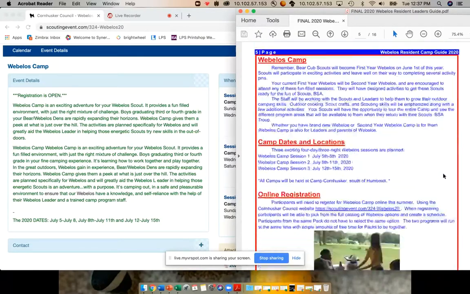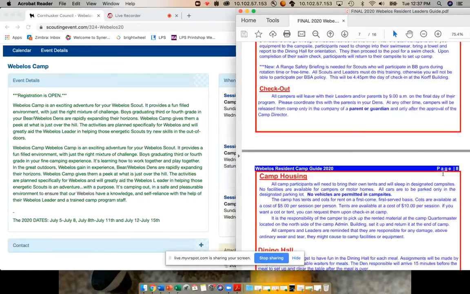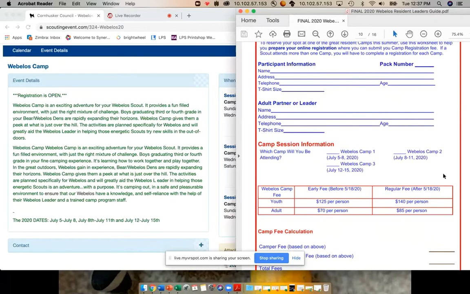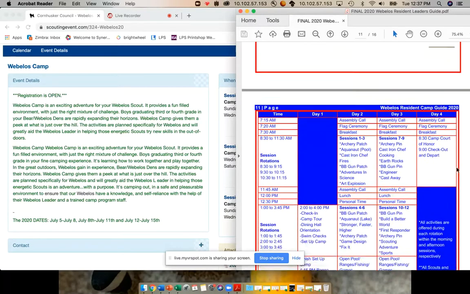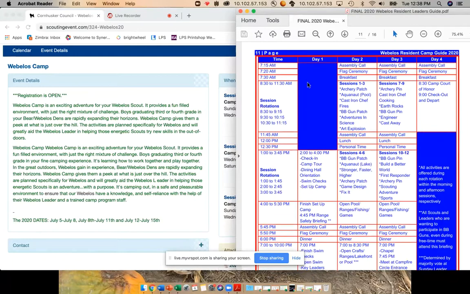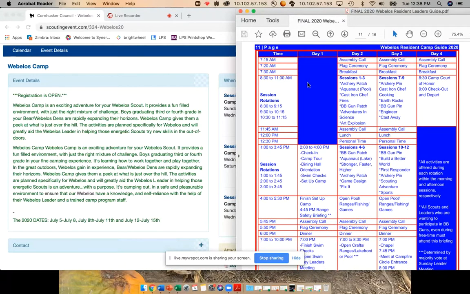For the purpose of this tutorial, we are going to skip down to page 11, but it is important that you read the rest of the manual as well to gather all the information you will need for Camp Cornhusker's Webelos Resident Camp 2020. So on page 11, you will see we have our Webelos Resident Camp main schedule. Having this pulled up will definitely help you in our registration process, which you'll see off to the left side